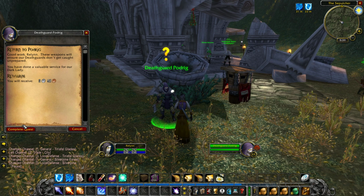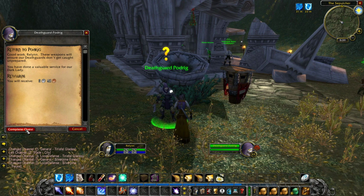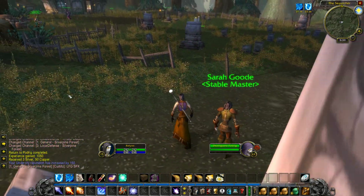And so this was just the breadcrumb back from the Bat Handler quest that we did in Undercity a while ago. Embrace the shadow. Oh, that was actually worth good experience. Alright, and so from here...